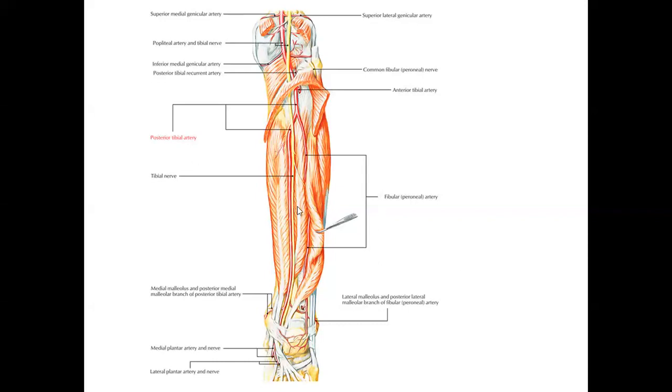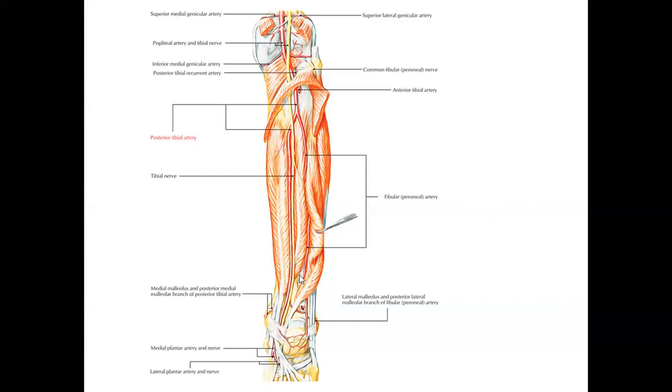Dobara. So the posterior tibial artery is a larger terminal branch of the popliteal artery. It supplies the posterior compartment as well as the lateral compartment of the leg. It is given off at the lower border of the popliteus muscle. Then it passes through the tendinous origin of the soleus muscle. It runs in the leg along with the tibial nerve till it reaches the midpoint of the medial malleolus and the medial tubercle of the calcaneum. Below the flexor retinaculum, it divides into a lateral and a medial plantar artery.